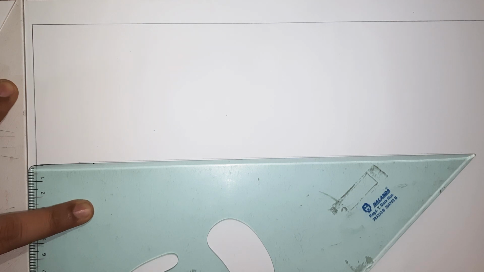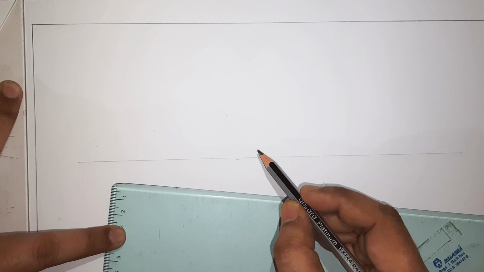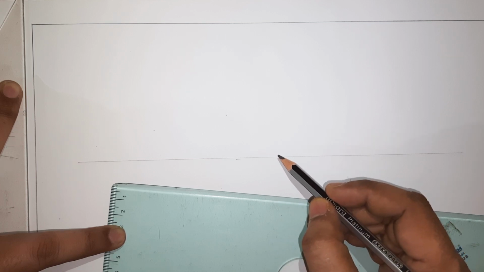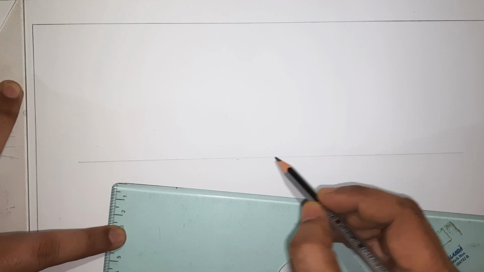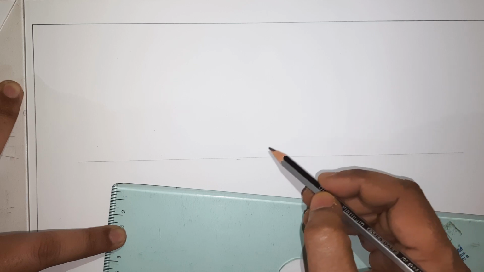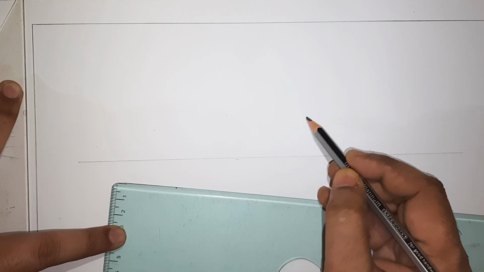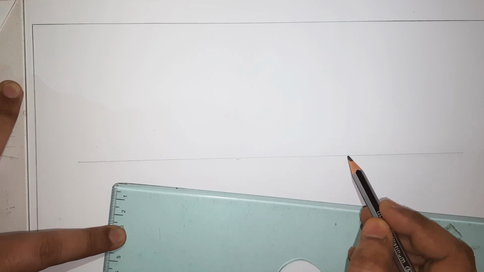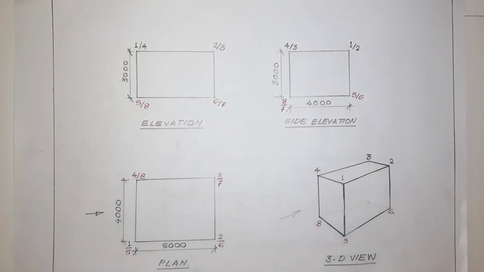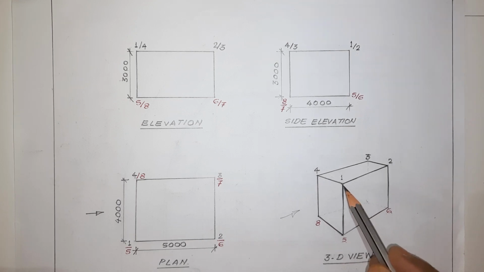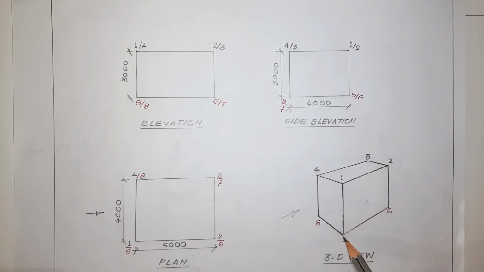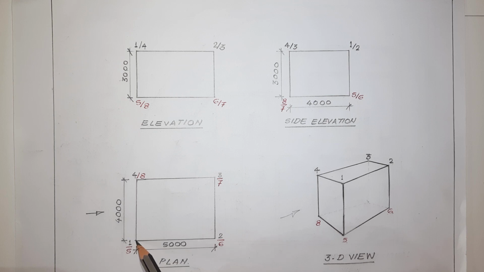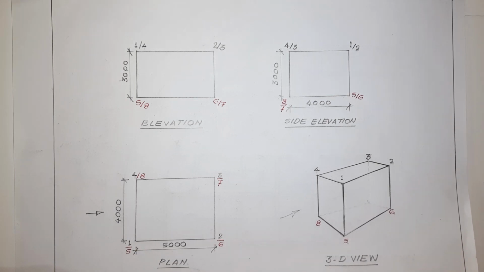So this is going to be the picture plane for us. Here we will be drawing the plan of that box, which will have an inclination of 30 degrees with this picture plane along its longer side. So the length of that box will make an angle of 30 degrees with this horizontal or picture plane. While drafting the plan, take vertical edge 1, 5 in the picture plane. So that means this corner will be in the picture plane. Let us draw that plan.